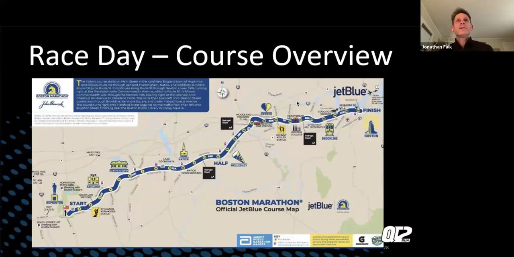It's a unique race. It's just a cool race to experience. Very little of the race is actually in the city of Boston. That's just the terminus, where you finish. But you go through these different communities, and having grown up here, it's really an amazing experience. I grew up thinking everyone knew how long a marathon was, and as I'm sure most of you know,